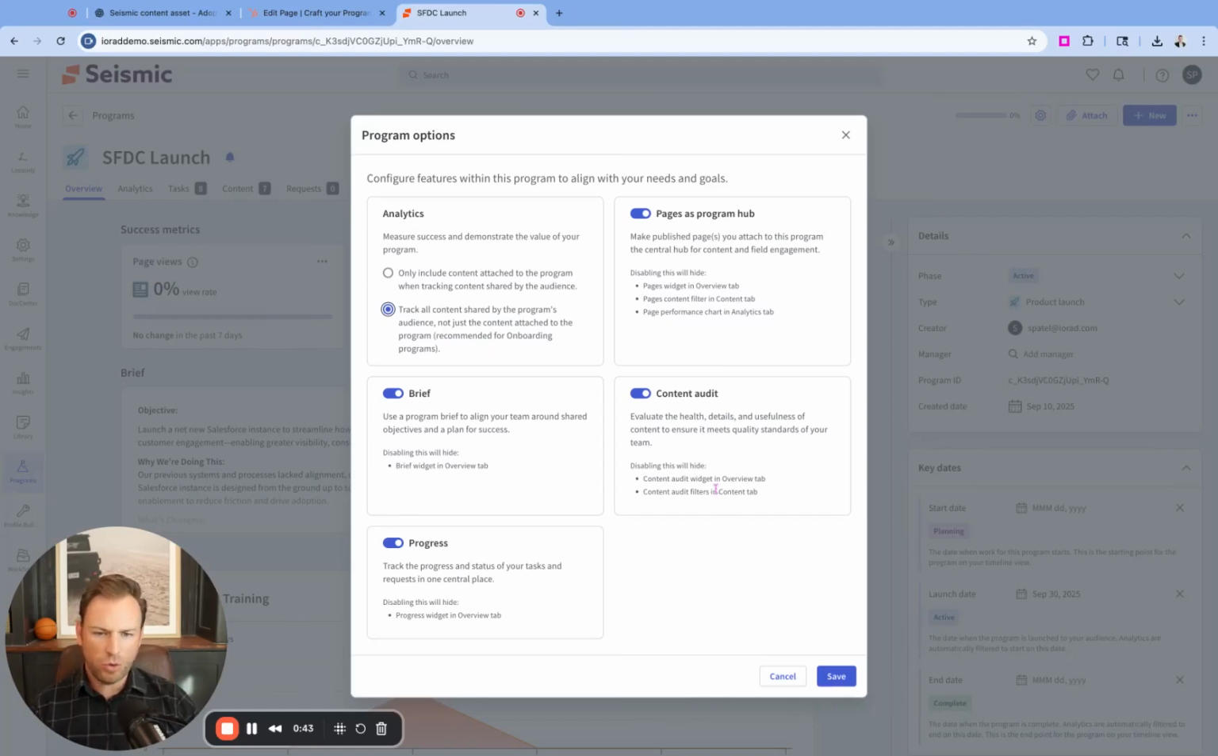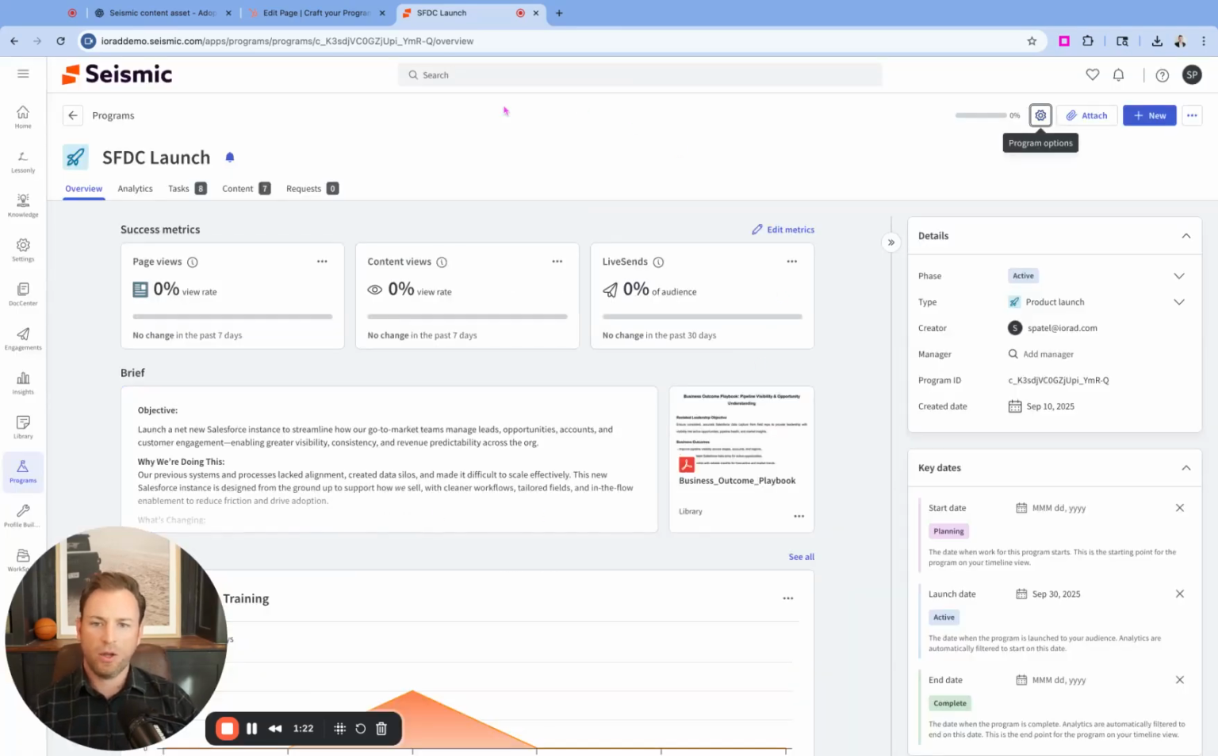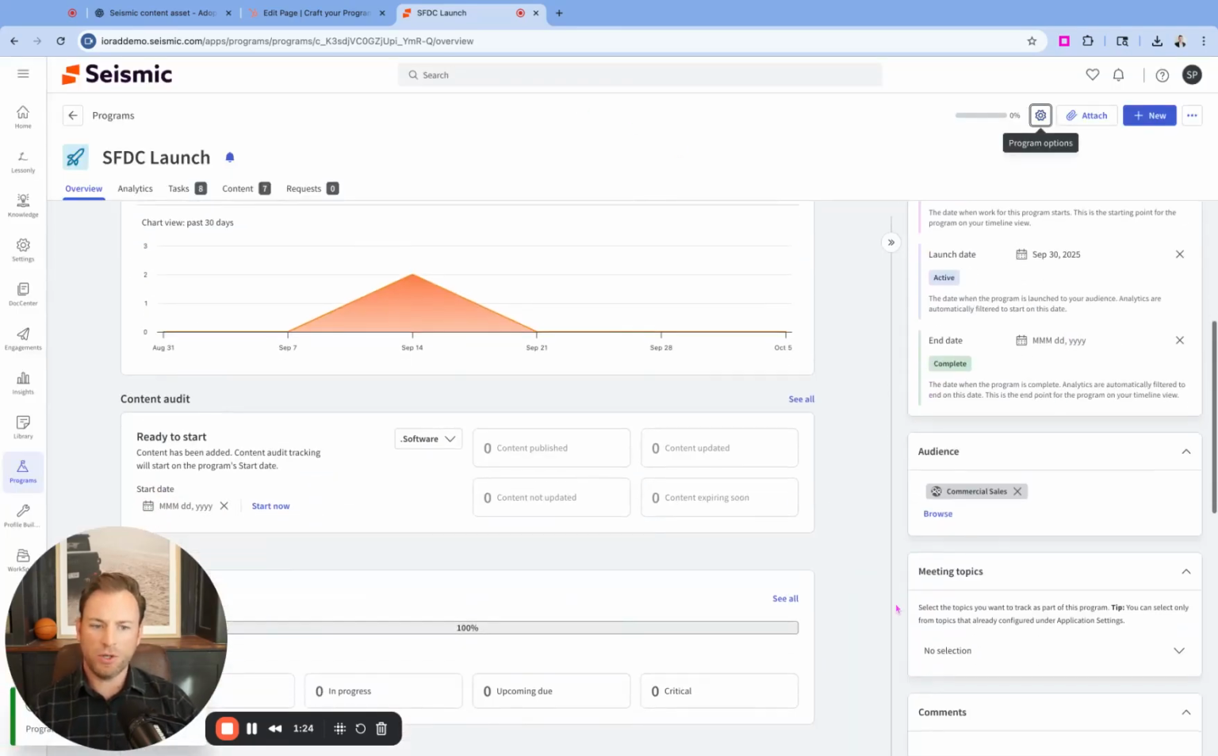Also, I'd recommend that you keep this toggled on, pages as program hubs. This will keep all your content centralized within this program as a widget, which is really helpful. Content audit as well, again, keeps this as a widget inside of this page. So when you're looking at your central hub here, you've got these widgets you can play with and